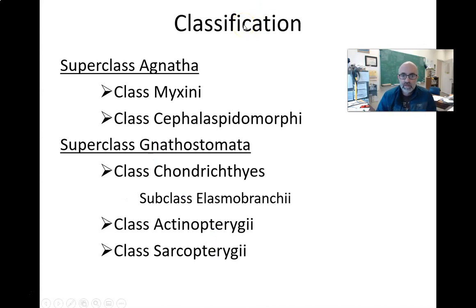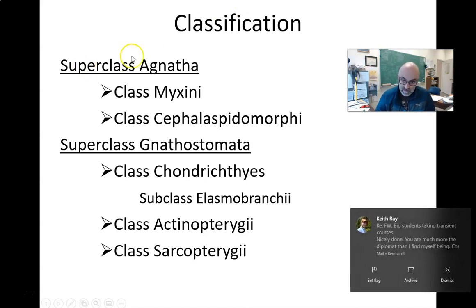Okay, important classification. This is basically a list of the taxa that you need to know. So we have kingdom Animalia, phylum Chordata, subphylum Vertebrata, and then before we get to class, there's this thing in between subphylum and class called the superclass. And these agnathans are